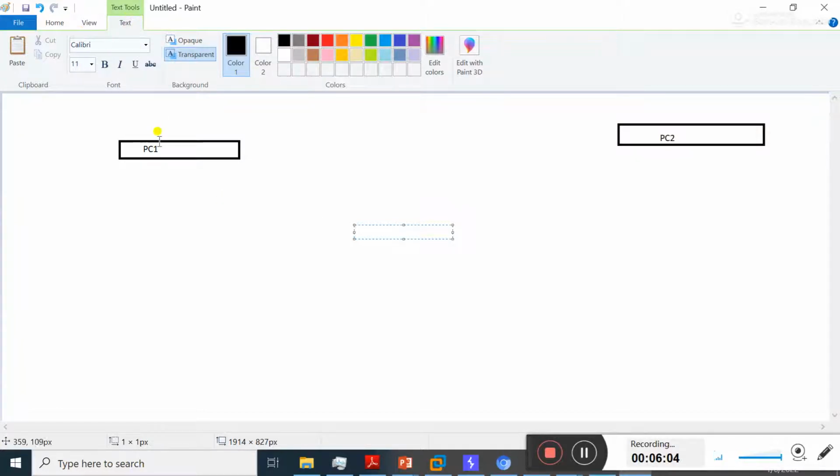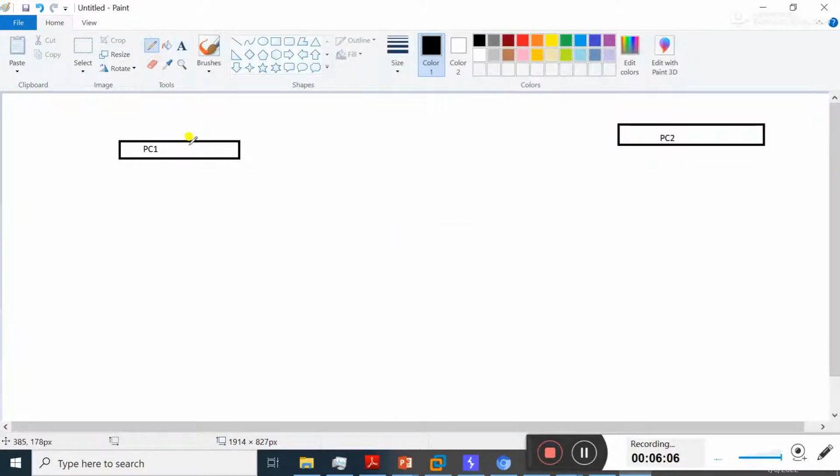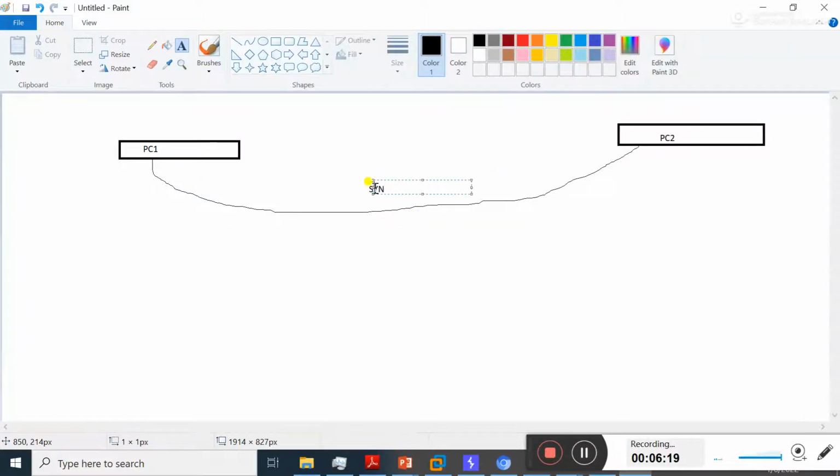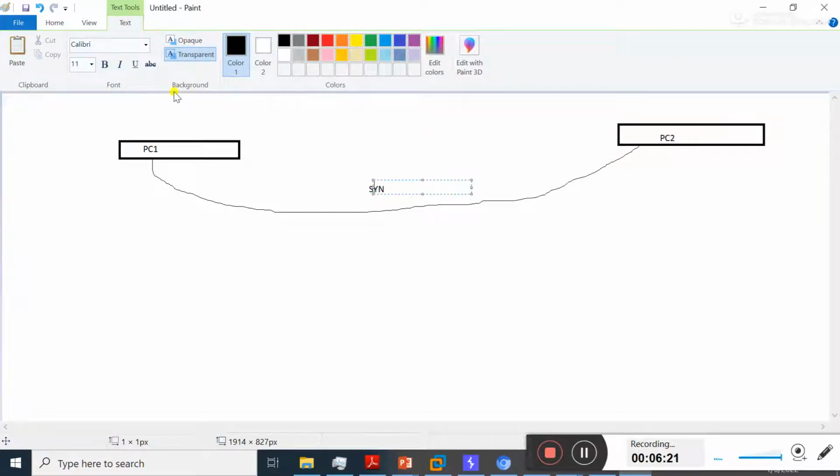First I should take the pencil, and now first PC1 sends a SYN packet to PC2. Here PC1 will send the SYN packet. Now this packet will be delivered to PC2.